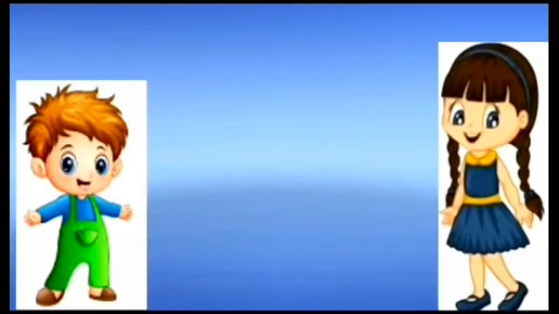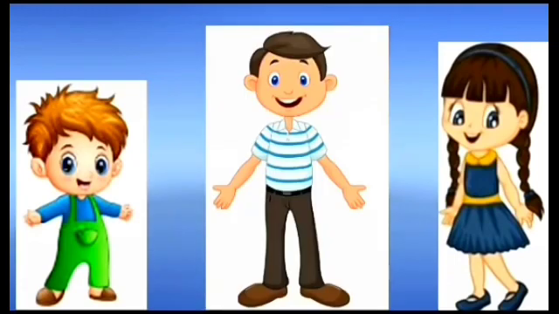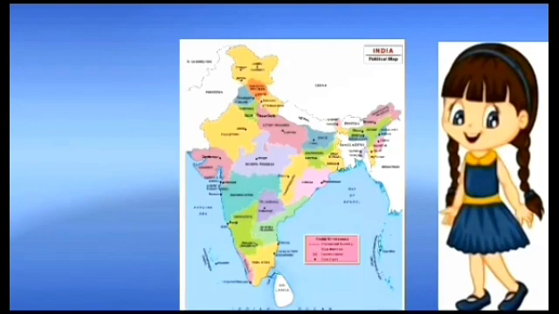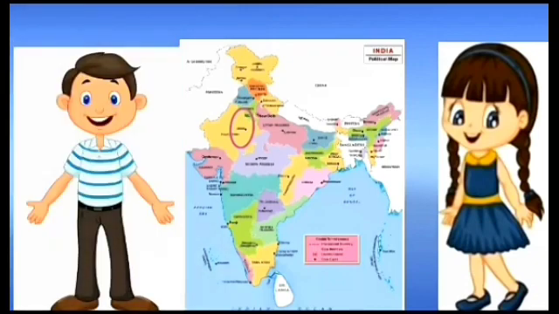Now I'll tell you one small story. Are you ready to listen? Okay. Suhan and Shanmika are brother and sister. One day their father said to them that they would plan a trip in summer vacation, and he asked them to choose a place in India. Immediately, Shanmika brought a map to see all the places in India. She observed the map and circled Jaipur.